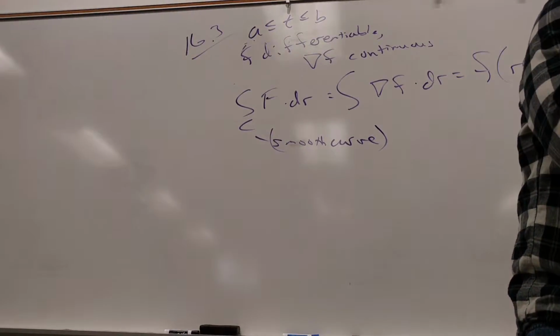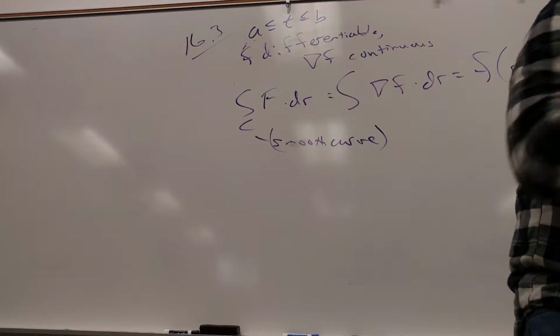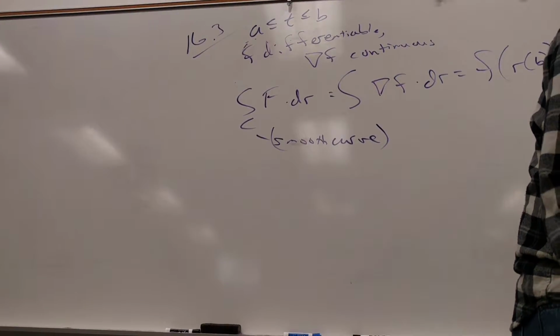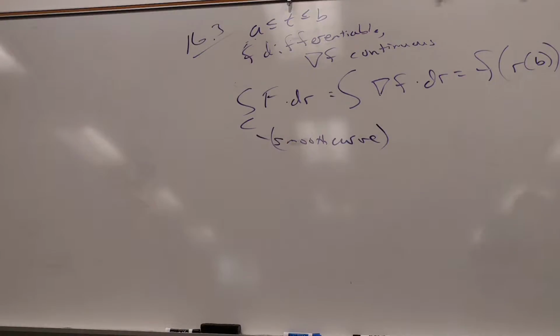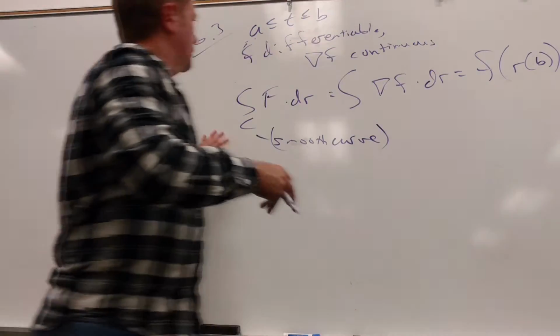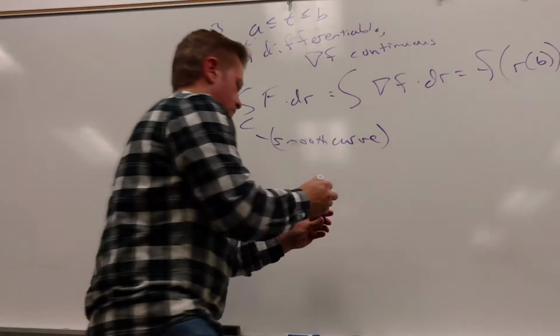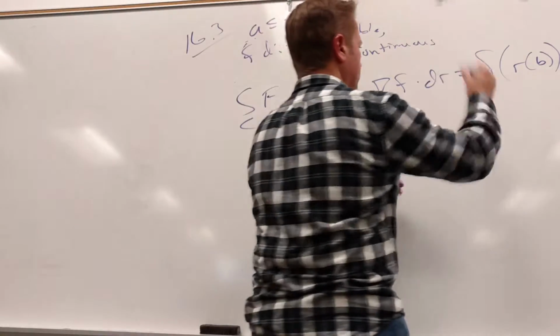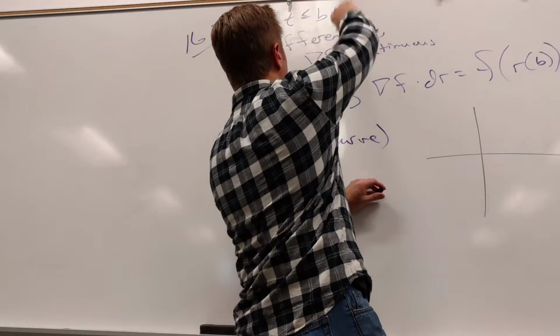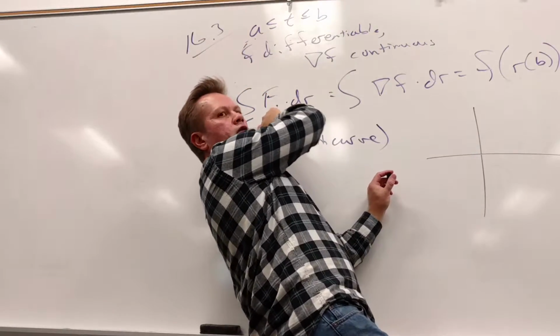So what becomes important is, let me see if I want to do an example. No. Well, no, I don't like the example. Okay. Let's see if I can. Oh, okay. Perfect. I'm trying to figure out how to tie this into later. So I got some vector field that I'm integrating along a curve in that vector field, right?